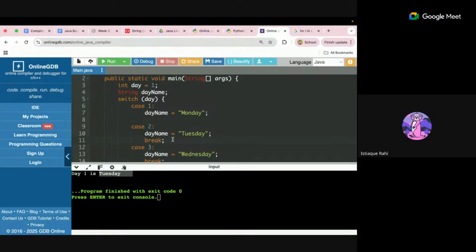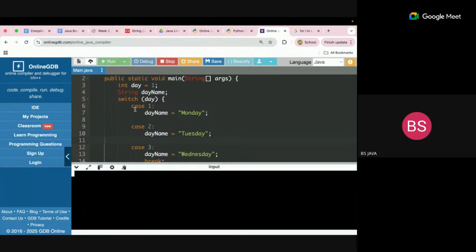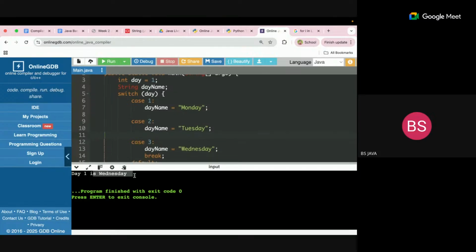Due to the break statement, ma'am. We have only declared that in case 1, due to the absence of break statement from case 1, right? So once a case is resolved, then you have to add the break so that it shouldn't go to the next case. If you do not add a break, it will go to the next case till it encounters a break. If I remove break from here,